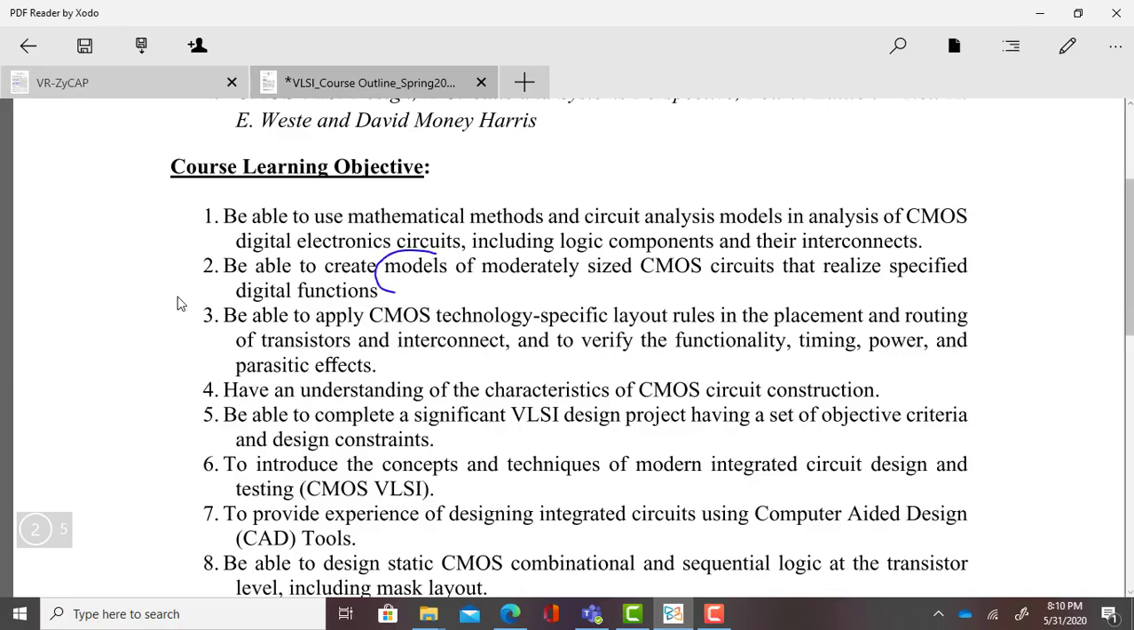So the models are necessary to analyze circuits using standard techniques. So what does a model do? A model hides the complexity of the physical systems. For example, in this case, our physical system is a